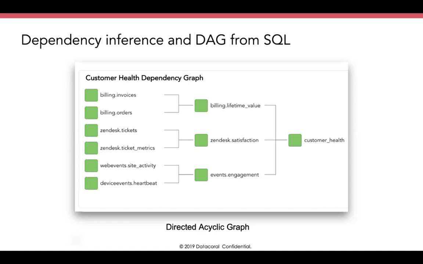Correct. And if you notice, on the left-hand side is all of your source systems that are coming in. That's your raw data that you've replicated over to your warehouse or your lake. Now, on the right-hand side is the actual KPIs that you're trying to measure. What if this whole graph gets built automatically based on business logic? And that's really what we've done here. You focus on your business specific requirements and the management aspect of how they all link together, when should they execute, make it all event driven, make sure the data is fresh, make sure the data is available before you run this graph. That is the secret sauce that we provide.